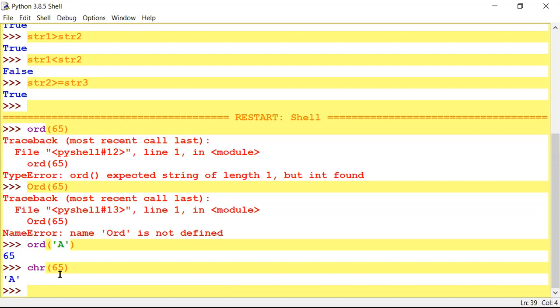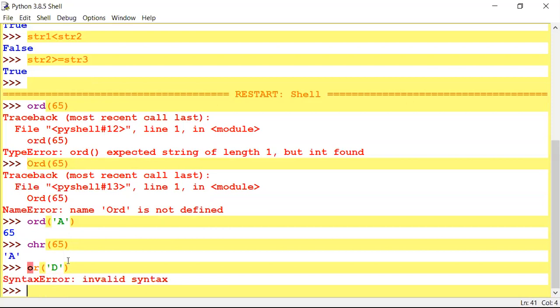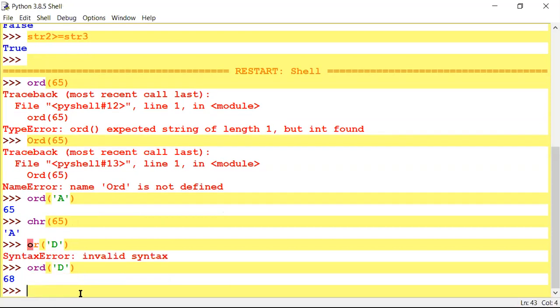So see here, ORD with D, capital D. Okay, I have not completed it, that's why it is showing an error. I have to write ORD of D, so it will display 68. Similarly, if I write CHR with 68, it will display the respective character of that ASCII value, D.